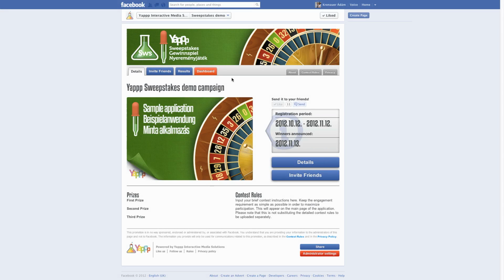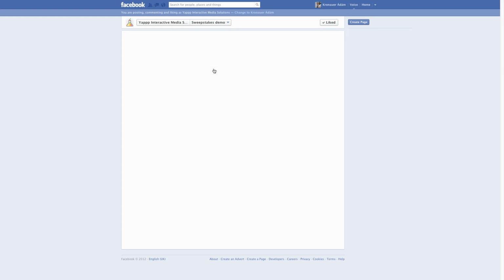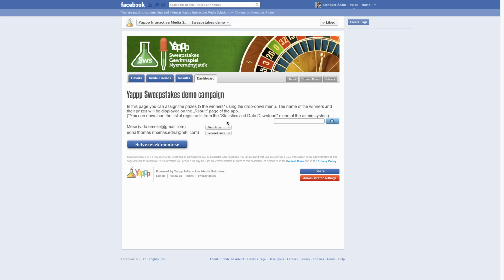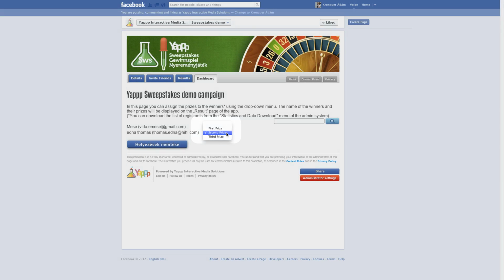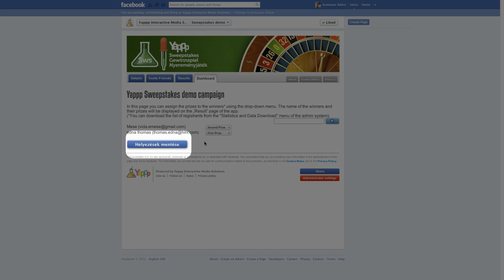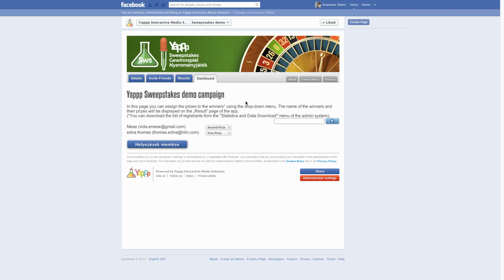Dashboard is a special tab which is available only for the admin of the page. This page is the interface where the admin can perform the administrative functions of the sweepstakes. There is a drop-down menu next to the name of the registrants. The winners should be drawn separately in advance, and the appropriate prize set in the drop-down menu for each winner. Press the Save button and the winner's name with the appropriate prize will be displayed